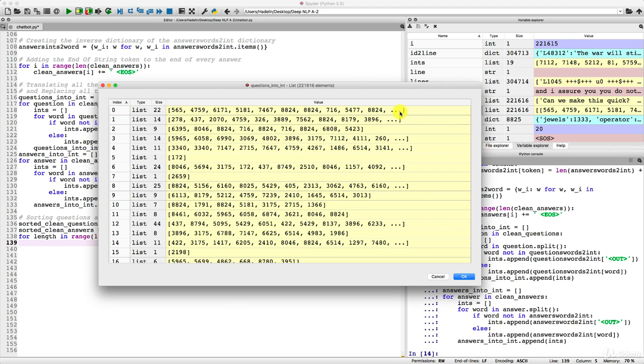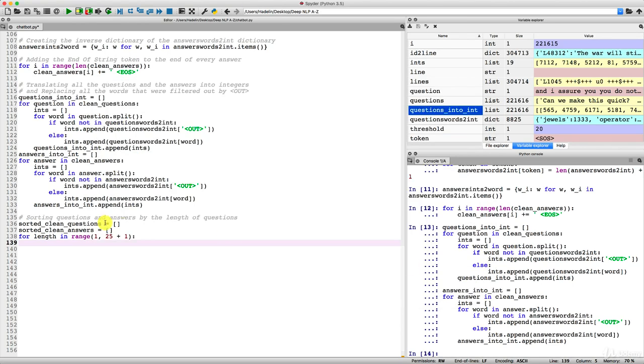And that's exactly what we'll want, because we need to keep track of the index to add it in our future sorted clean questions list and then sorted clean answers list. And also we need this because we need the length of it to sort the questions. We will get the length and see if it is equal to the length of the loop starting from 1 and then be equal to 2, 3, up to 25. So we need these two elements, and the trick to get them, the index and the question, is to use the enumerate function.